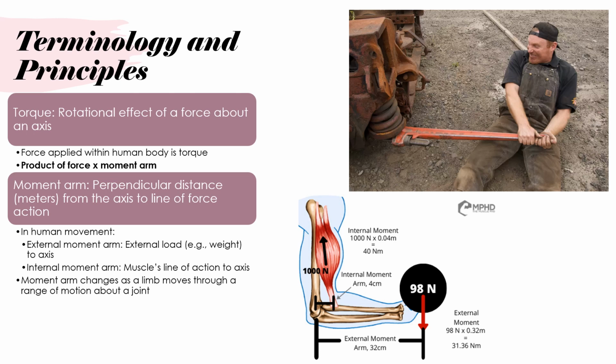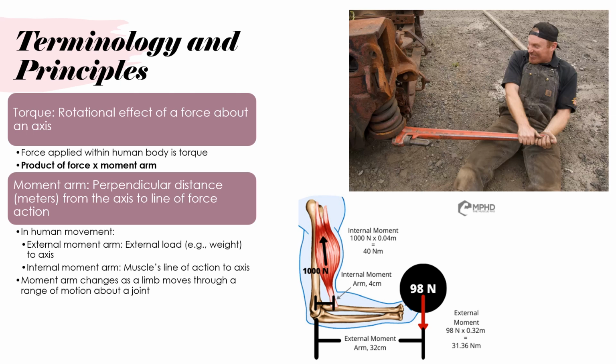Torque is a concept used in physics to describe the rotational force that causes an object to rotate about an axis. It is also known as the moment of force. Torque depends on two main factors, the force applied and the distance from the axis of rotation at which the force is applied. It can be mathematically represented as torque equals force times moment arm, where T represents torque, F